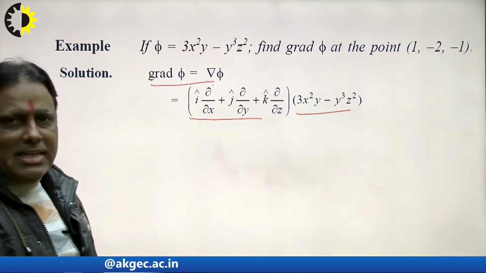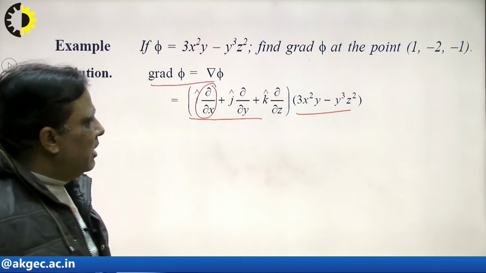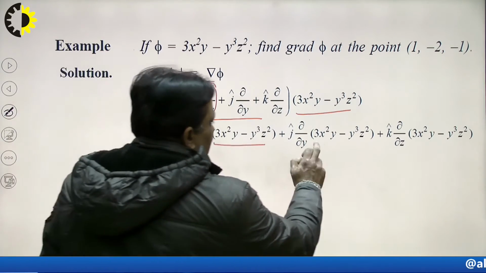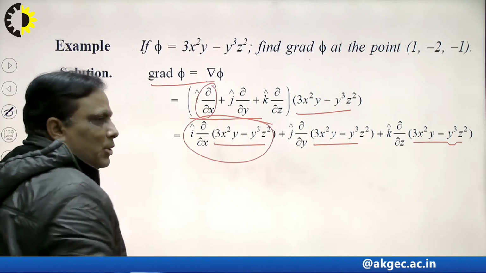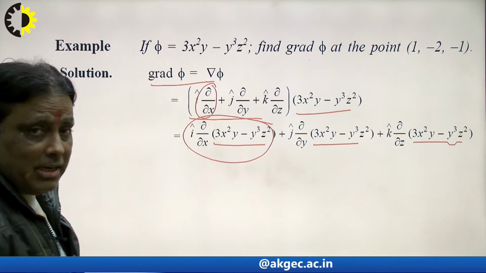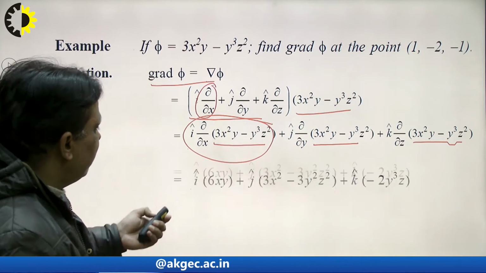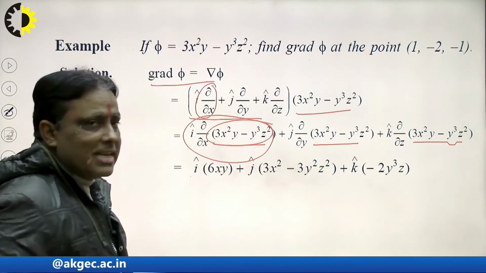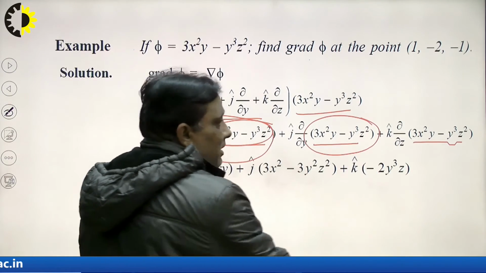Suppose we multiply inside. With respect to x, what is the differentiation? 6xyz. So I write here this, and this, and this. I elaborate the differentiation of these terms in the partial differential unit, and students remember it. What will be the differentiation here? See very carefully. Differentiation of these terms with respect to x will be 6xy, and differentiation of this with respect to y. So what will be the result?